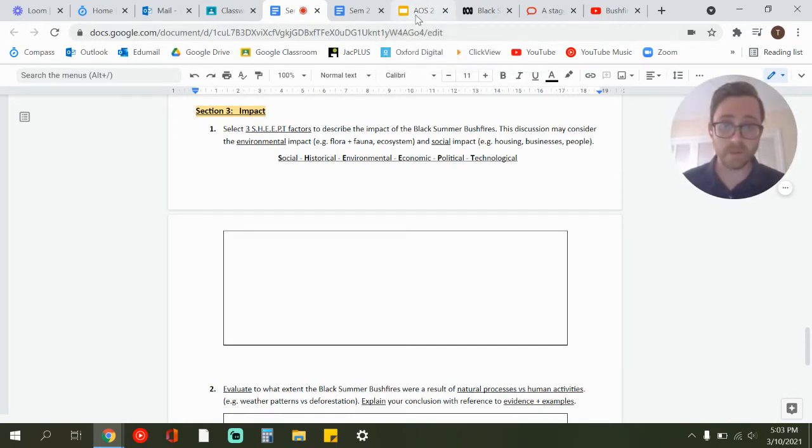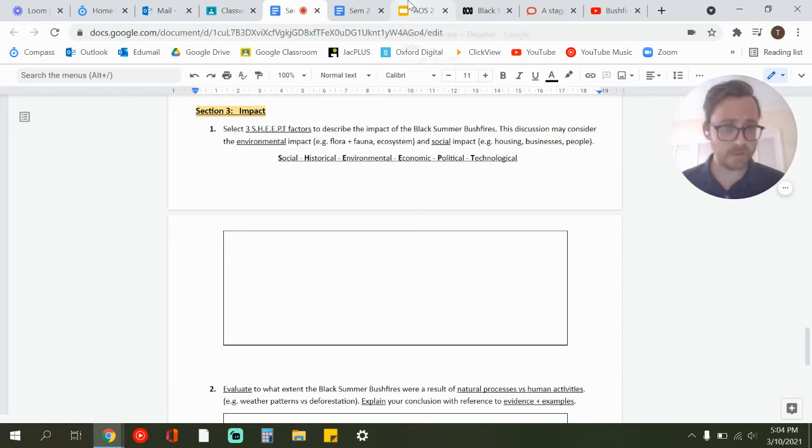So basically, we have these fun little acronyms in geography. SHEET is one that we use to describe the different elements or factors that are involved in these sort of disasters and events. So in any old geography topic, whether it's a bushfire, or tsunami, or nuclear meltdown, there's going to be different factors that are involved and different causes, different people, and things that are affected. And we can classify them, we can rank them using SHEET.